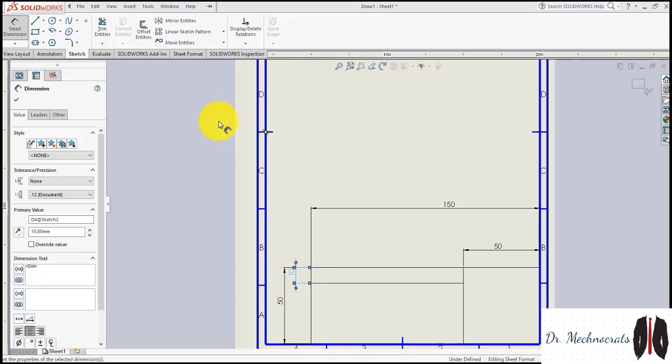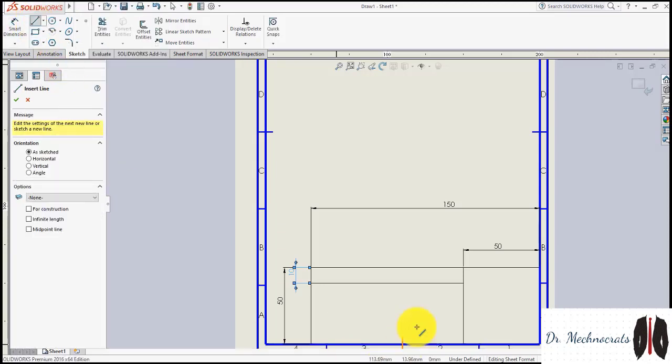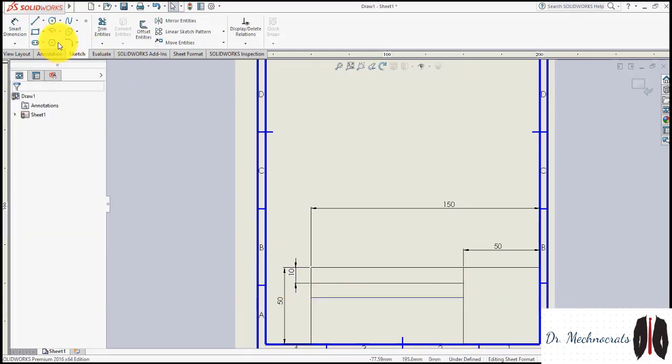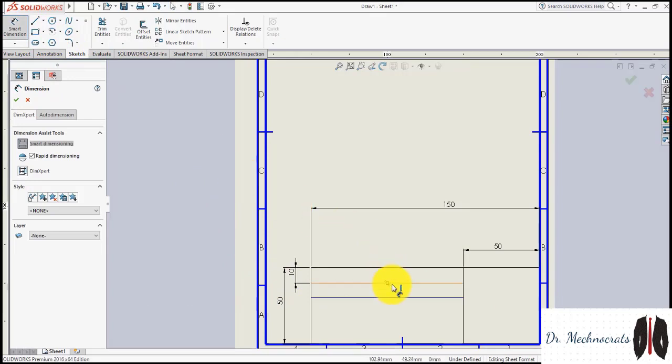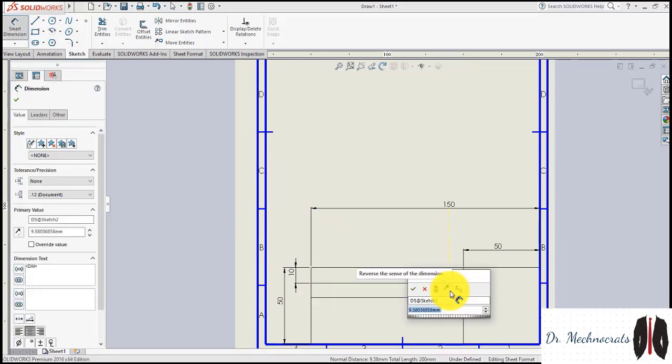Either you can draw individual lines, right, by using this line command. You have to draw the line, like see, I draw a line, and then by using smart dimension I can modify it as 10 mm, right?